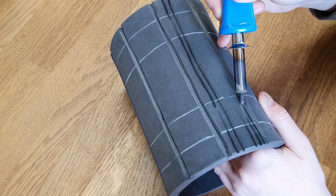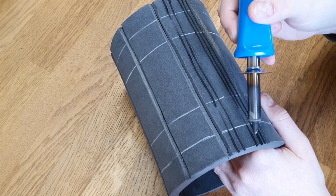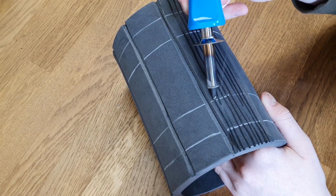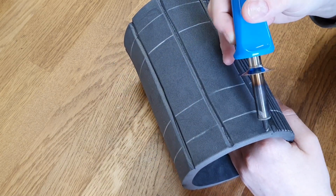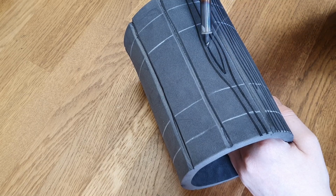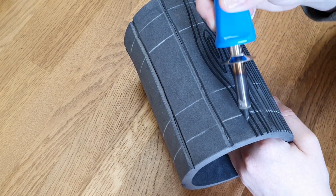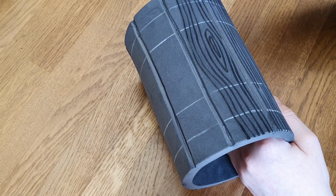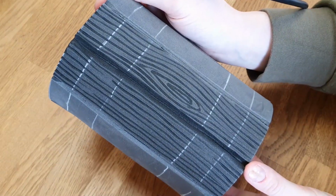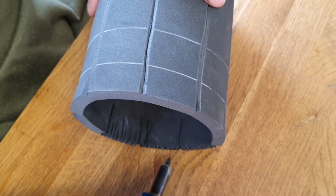Because the low density EVA foam is so soft, it's very easy to carve lines in it by actually burning the foam with a hot tool. As you can see, there are some fumes coming off of this, and you don't want to inhale that. So to protect your lungs, please wear a respiratory mask and not just a dust mask. It's very important, and also work with open windows or outside if you can. And using this technique, I try to create a wood grain texture onto the foam. I also add some carvings on the inside of the prop